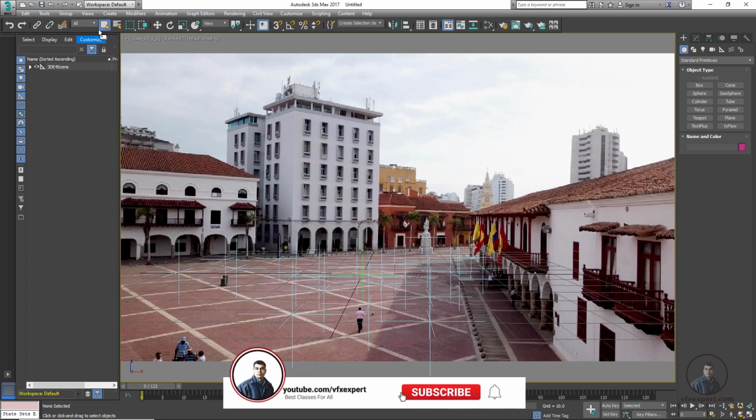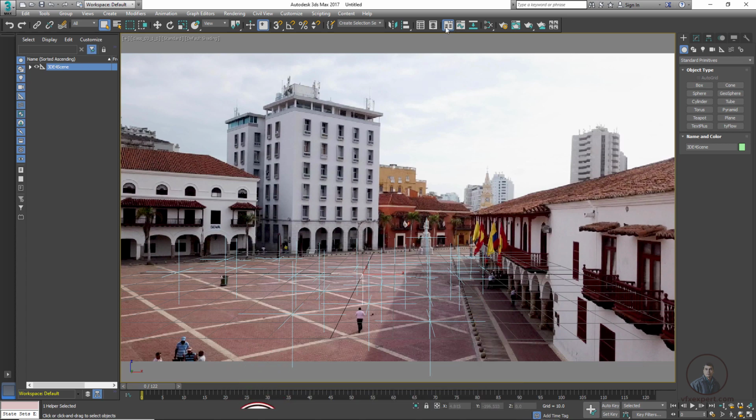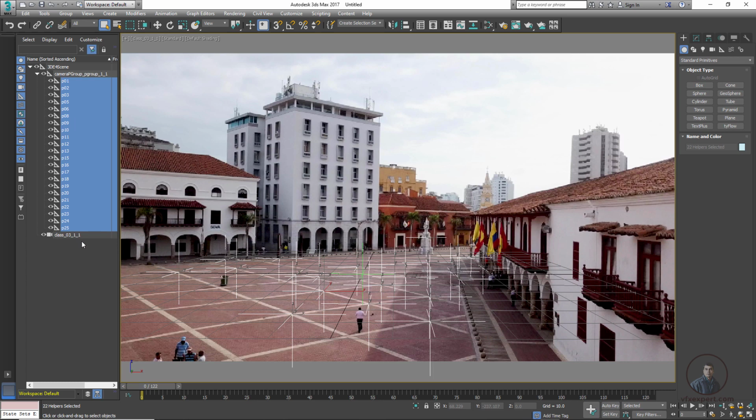Then after this, on the left side, this is our scene explorer. If this is not visible, simply you can click here. So you can see this is our scene explorer, and this is our main scene. Inside this, this is our camera group or points group, and this is our camera. Suppose first, before placing anything, we adjust the size of these locators. For this, just open our main scene group and open our locator group and select an individual locator. So here I have selected.